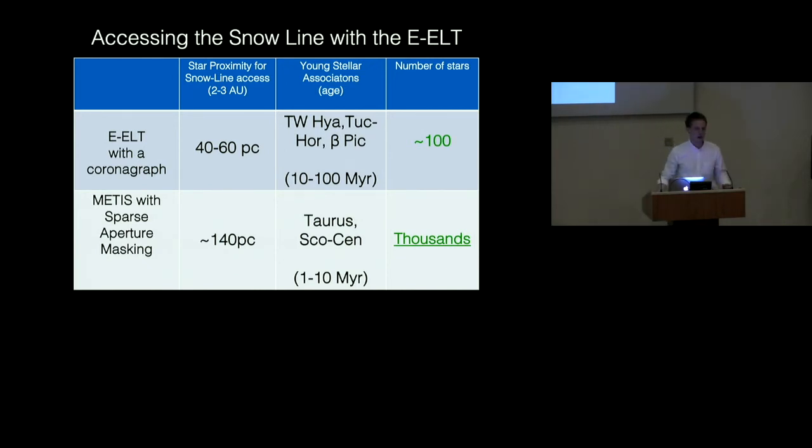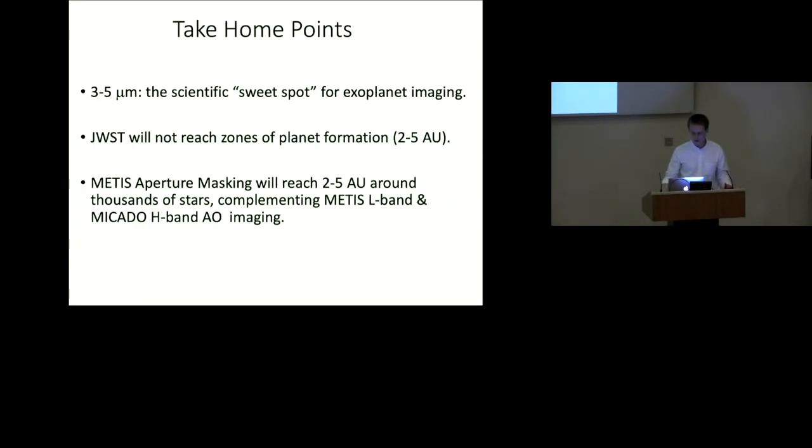So this is an overlooked aspect of high resolution that I wanted to mention at this meeting. I'll wrap up and let us get to lunch and just summarize my points. 3 to 5 microns is the future of exoplanet imaging going forward. JWST is not going to do a very good job of this. It's going to have great sensitivity, but it's not really going to have the resolution to say something powerful about